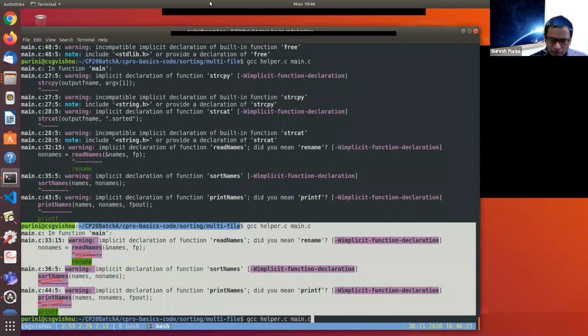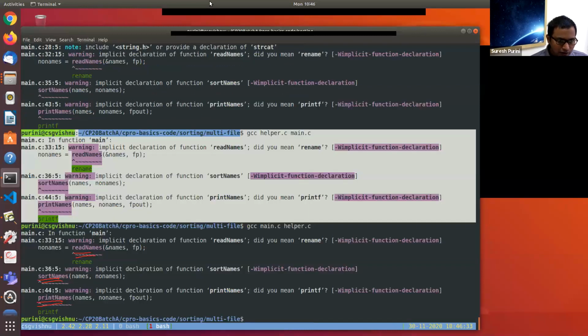Now I want to check one thing, because as I said, I didn't quite prepare for this class. I want to see if I change the order in which I compile, what will happen? Let's see. I still get the same warnings. It's not going to change. I'm thinking maybe if I change the order,